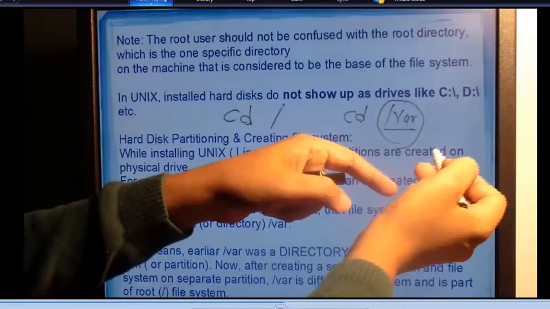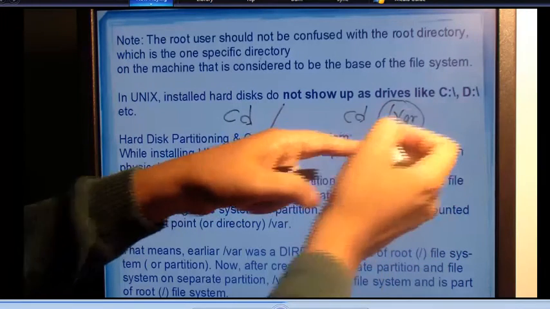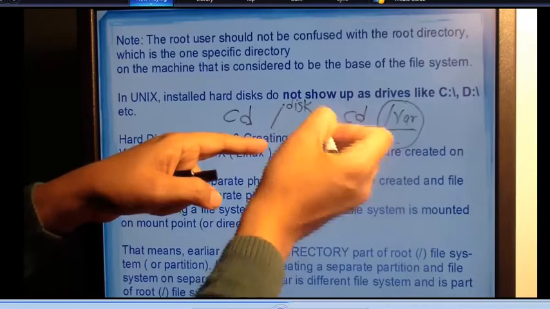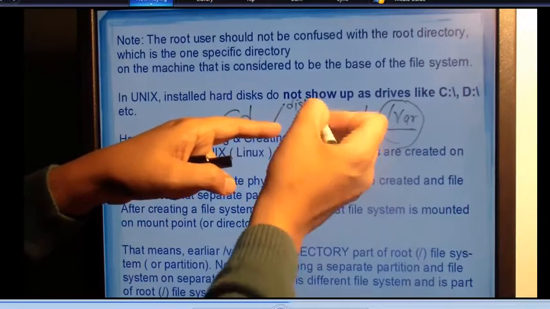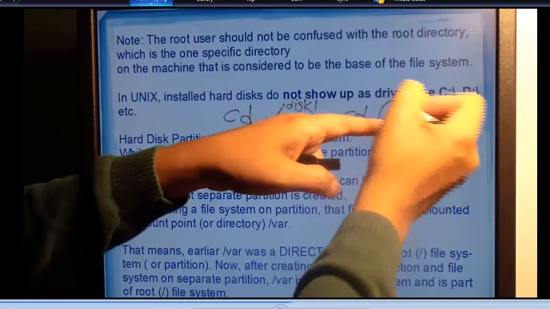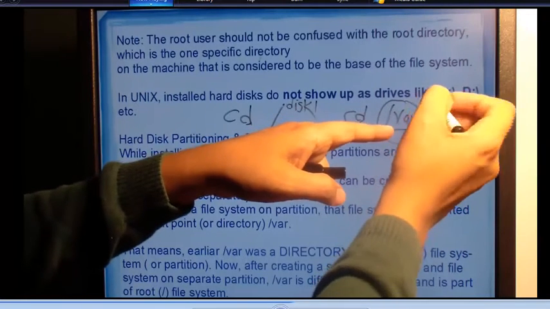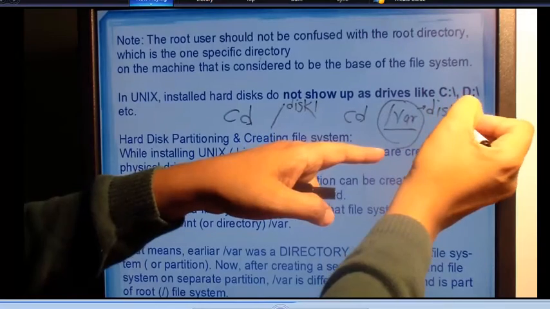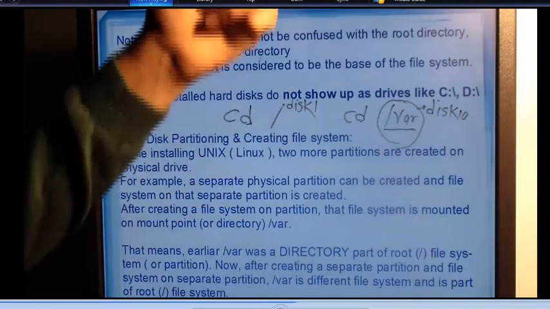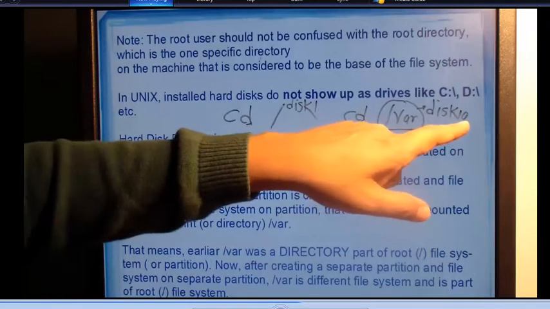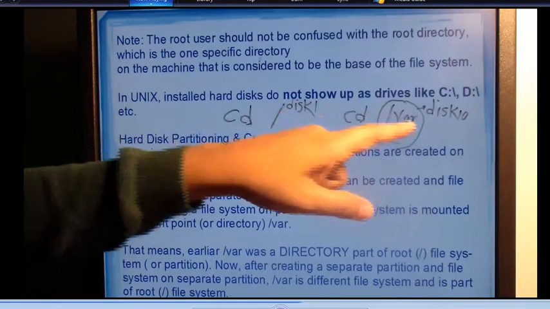So this slash var may be on disk 1, if you have so many disks in your machine, and you may create a slash var file system and mount it on slash var. Or create that file system on maybe disk 10, if there are tens of disks in your physical computer, right? So on disk 10 you can create a file system and mount it on slash var,